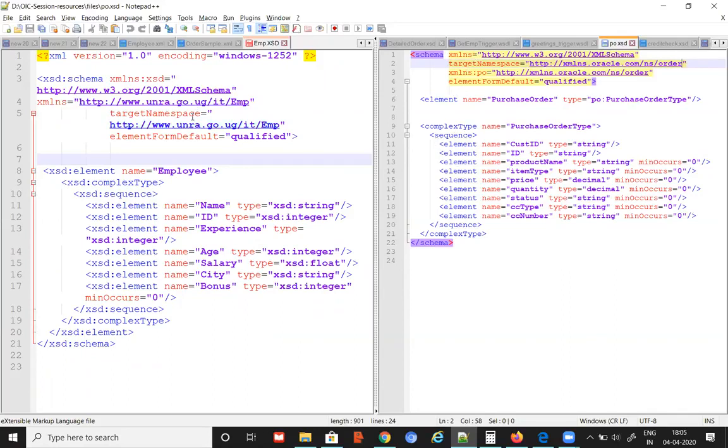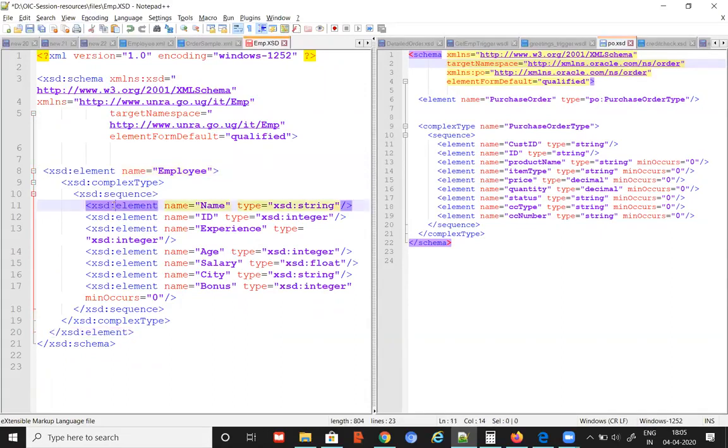Yeah, exactly. You can see here, everywhere I'm keeping xsd colon, right? Yes, but there is no xsd colon here. Do you think it's wrong? No, it's not wrong. The only thing is, you see the definition here. This is our standard target namespace for XSD, using XSD terms like string, integer, etc.